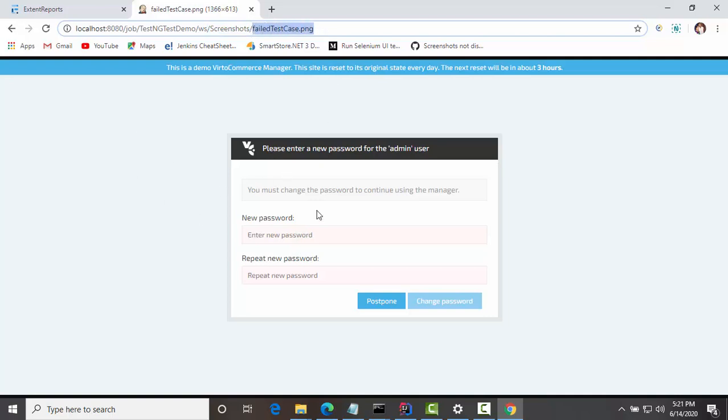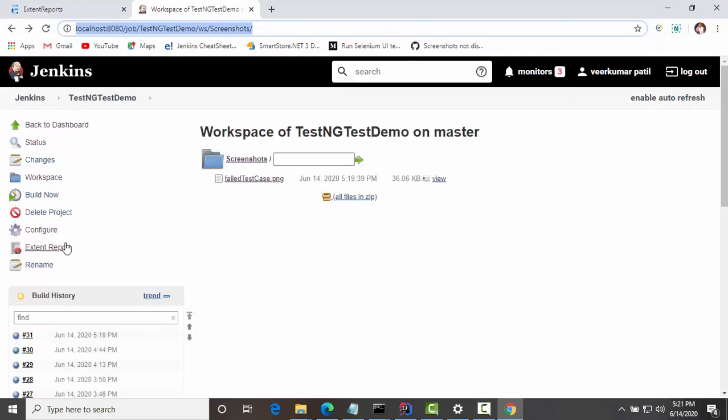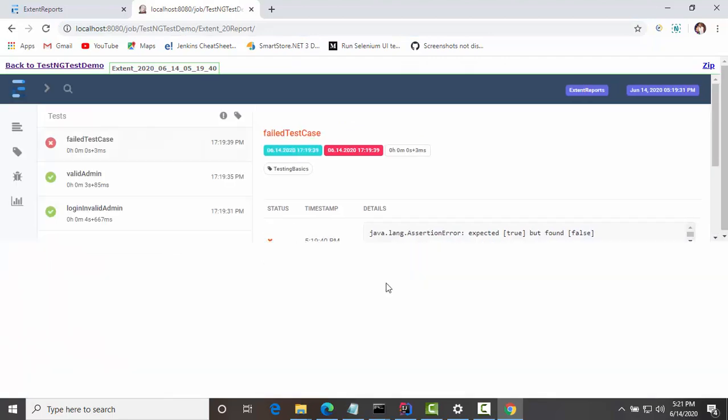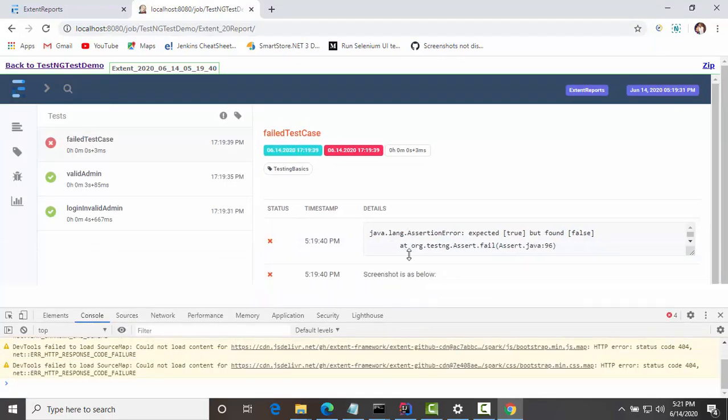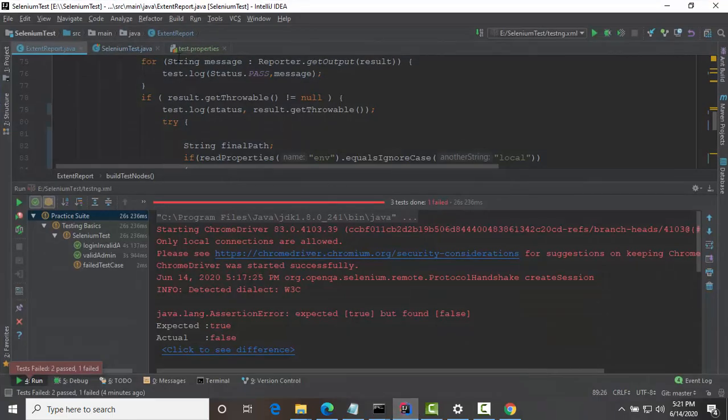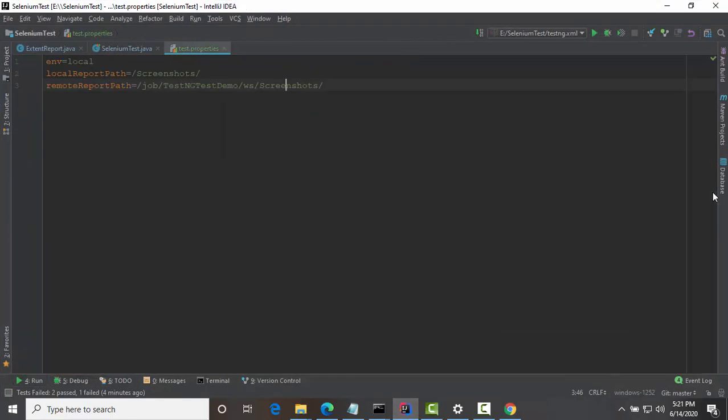If you browse the image like this, it is visible to you. But what Jenkins is looking for in the report is this particular path. In order to avoid this, I have used the test.properties file.